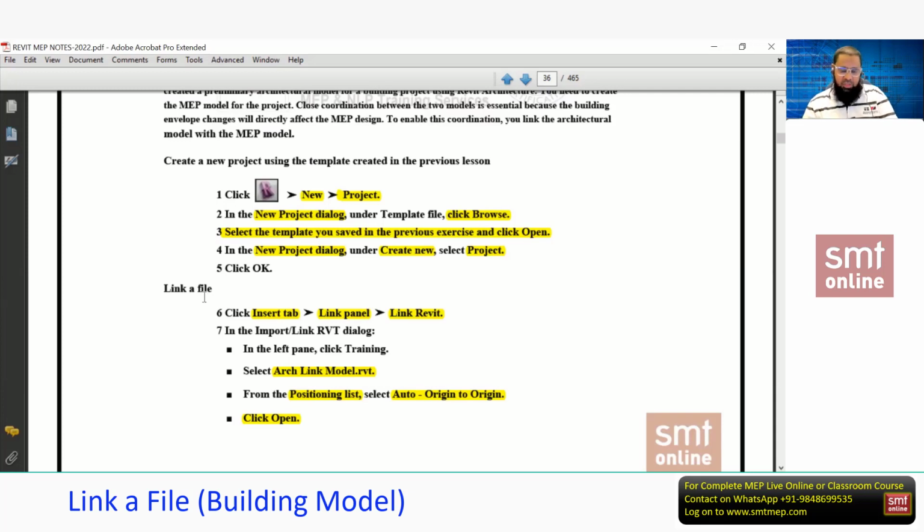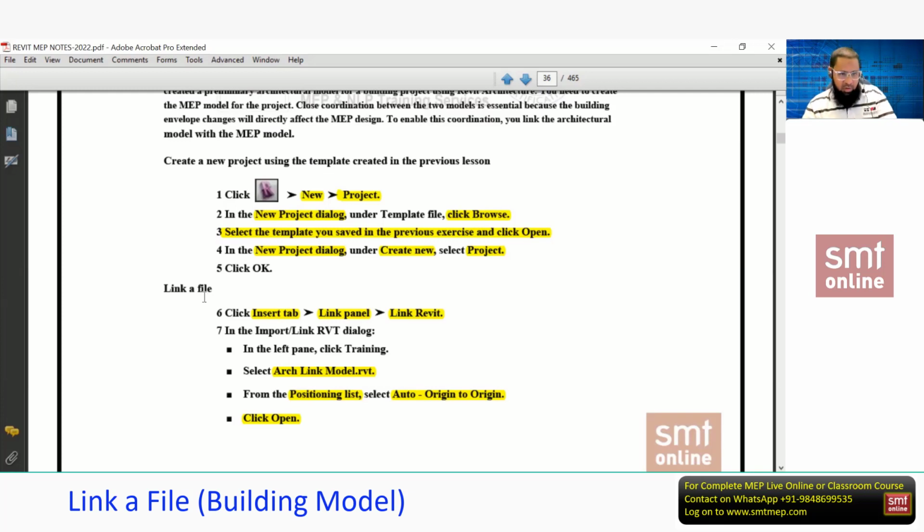So the actual procedure, in order to use Revit, is that you should get the 3D intelligent building, nothing but the link Revit. Not all consultants or architects may provide this 3D intelligent building, link Revit. So the alternate option is also available in Revit, but the actual procedure is dealing with the 3D intelligent building. So first we'll deal with the 3D intelligent building. Later we'll also discuss how to link the CAD file. I have a separate detailed topic on that, which is also required in actual practice, but let me follow the actual procedure first.